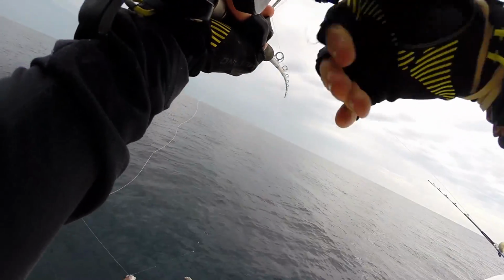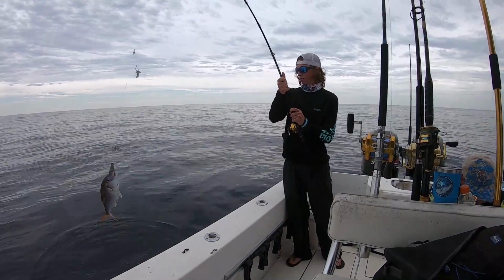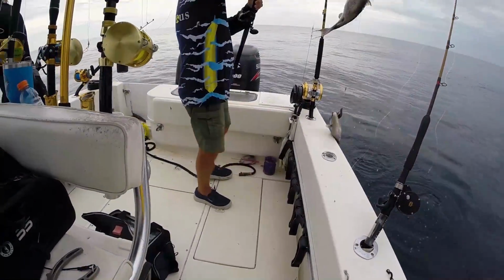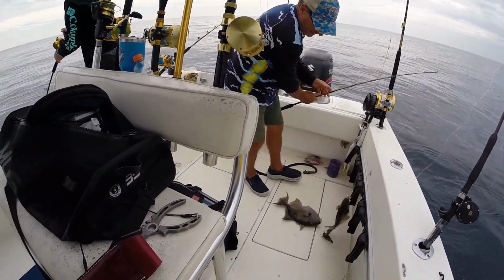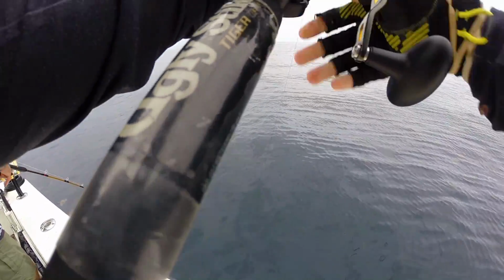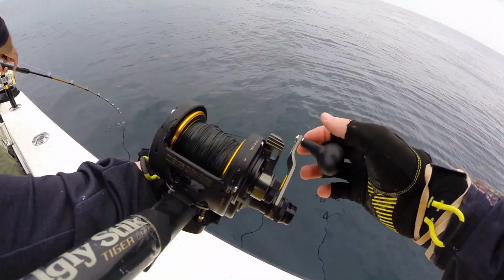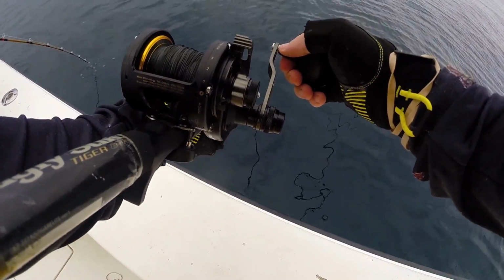Hey, what's that? That mutton? Yeah. One of them to keep. I'm not sure about it. This is what we should have been doing earlier. Well, we caught triggers good at the ledge before, I know. But